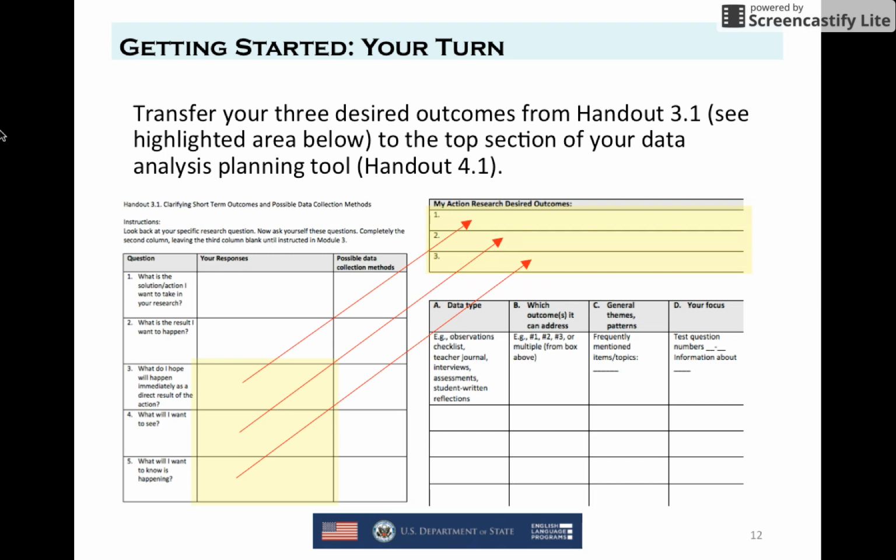As we mentioned with the example teacher, Handout 3.1 from Module 3 was a document where you clarified your short-term outcomes and you came up with desired outcomes for your action research. The first step for you to accomplish with Handout 4.1 is to find that handout, Handout 3.1 from Module 3, and to enter in your responses to questions 3, 4, and 5 into the top part of Handout 4.1, again where it says My Action Research Desired Outcomes. Once you've